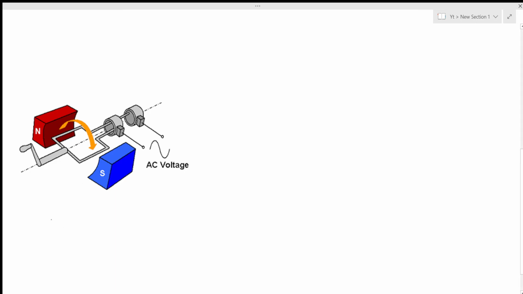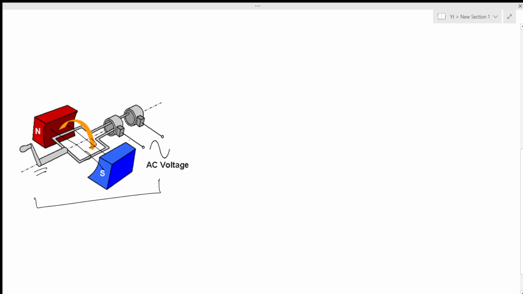So this is a proper diagram of an AC generator, a very, very rough diagram. And this is what's used to rotate the coil. When you rotate the coil, you can see that it's cutting through the field lines, so it's cutting through the magnetic field, i.e. it's causing a change in magnetic flux. When it cuts through those magnetic field lines, that's when an EMF is induced or a current is